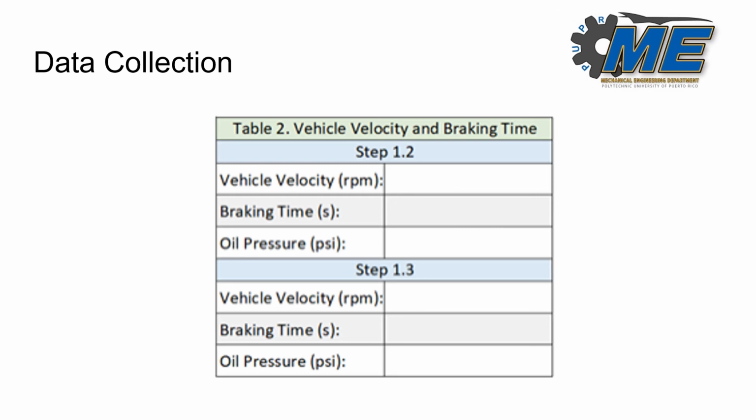Basically, we're going to have vehicle velocity in RPMs. This is going to be our wheel speed from the RPM sensor. We're going to have our braking time, which is going to be the time that's measured by the stopwatch. Our oil pressure in PSI is going to be our hydraulic line pressure. The vehicle velocity in RPM, braking time, and oil pressure, we're going to take these twice and then average them so that we can have a final